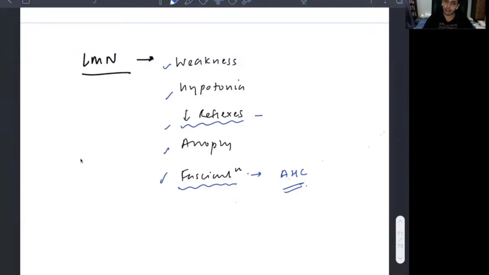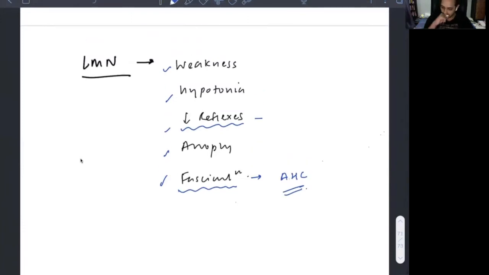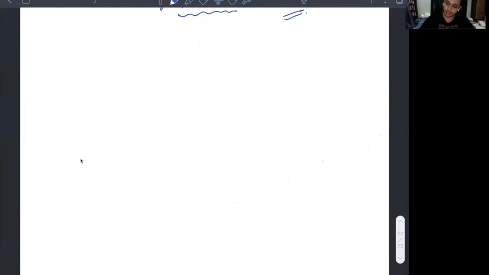So that is why it is important to know these. You are going away from upper motor neuron, but within lower motor neuron, whether it is muscle or whether it is nerve, there you need to know the fine differences. So areflexia is more nerve, fasciculations is more anterior horn cell. Now, coming specifically to myopathy,